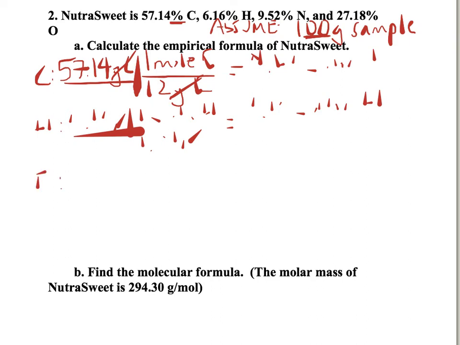Nitrogen, we have 9.52 grams of nitrogen. So we'll convert that. 1 mole of nitrogen weighs 14.0 grams. Multiply that across, divide, gives me 0.68 gram. Oh, excuse me. Let's erase that. Moles of nitrogen. And last but not least, oxygen,